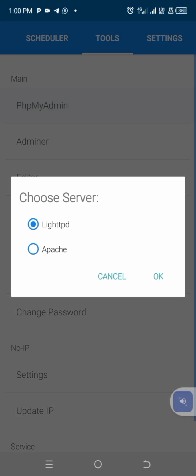To access it, just click on it, select Apache or the Lightweight, any of them. I like working with Apache, so we click OK, and it will open in a browser